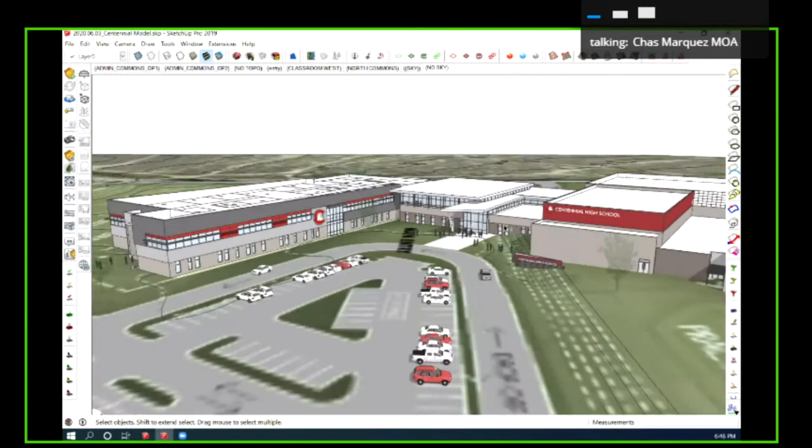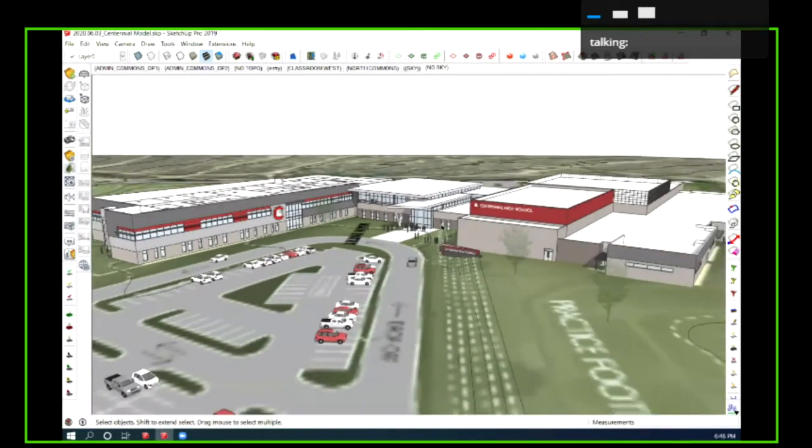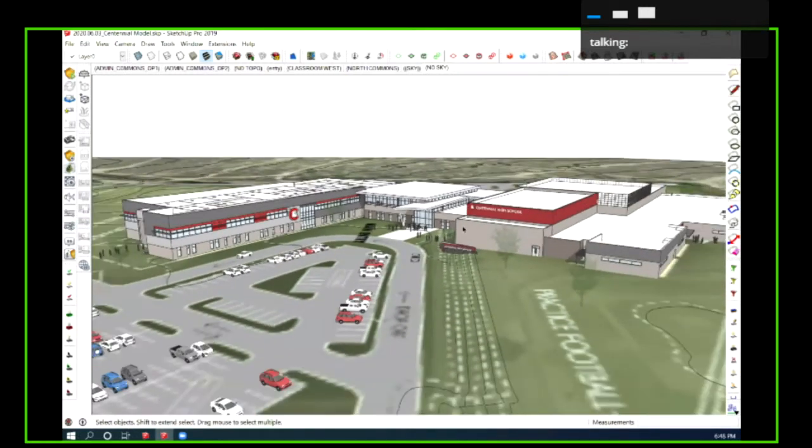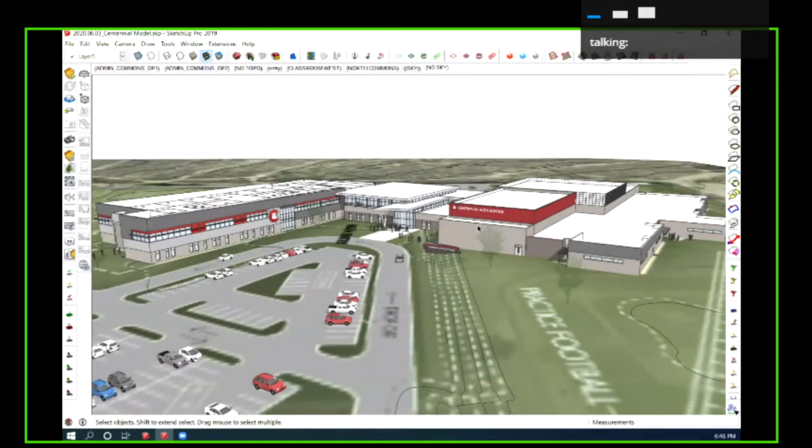Zoom out real quick, just so we get an overview of how that's all looking and relating to each other. Again, please write any comments in the Vimeo chat, and we'll try to get those answered for you.